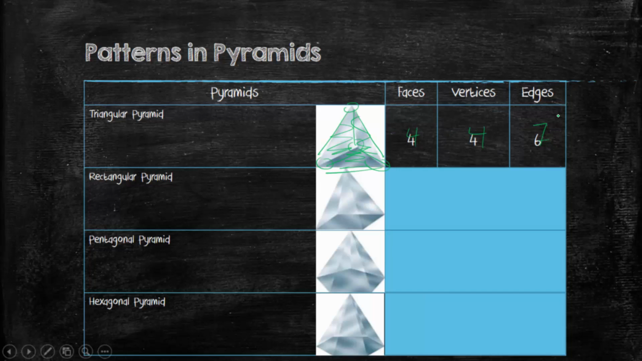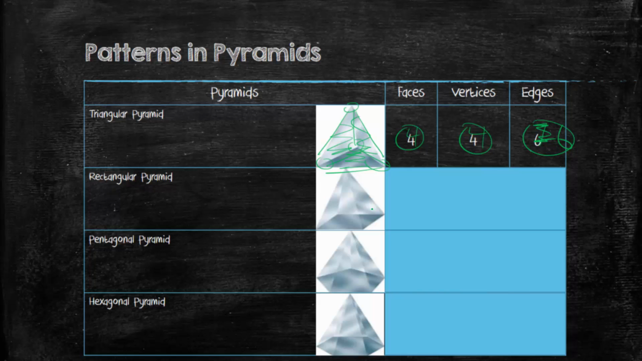Let's have a look. And 6. Sorry, did I miss add one here? 1, 2, 3, 4, 5, 6. Yes. 6. Sorry, I misadded. I added an extra edge. So it's actually 6. And surely enough, it's 4 faces, 4 vertices, and 6 edges. Okay. Let's look at the